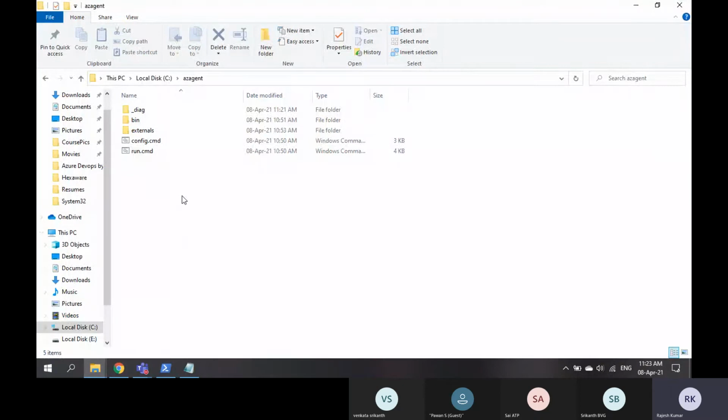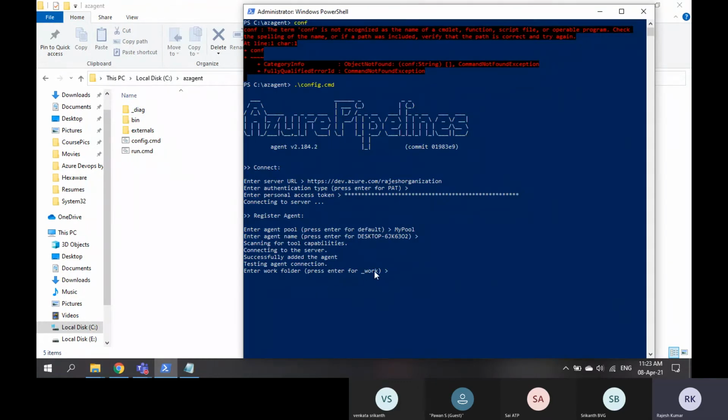Meanwhile, I should have shown you this. See, this folder was created just now. While we are configuring the server, this folder got created. Now, if I press enter, this work folder is same like workspace folder in the Jenkins. When you run a job, then this folder will be created. For now, I want to go for default, so I'm pressing enter. Do you want to unzip these servers? No, I don't want anything to unzip. Enter. Settings saved.